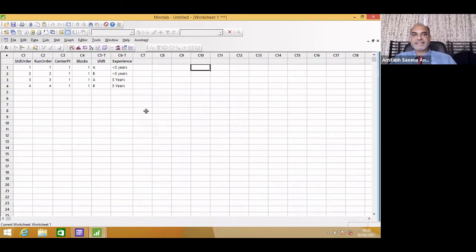So the experiment is already designed now. I can run an experiment. So shift A, I will give it to less than 5 years experienced people, and I'll see how much is the total delay of the flights on that particular day, on that shift. So let's say the data which we capture is this combination, this run, the first run gave 48 minutes of total delay. Yeah, 48. The next one is 96. Next one is, let's say, 72. And then the next one is 36.